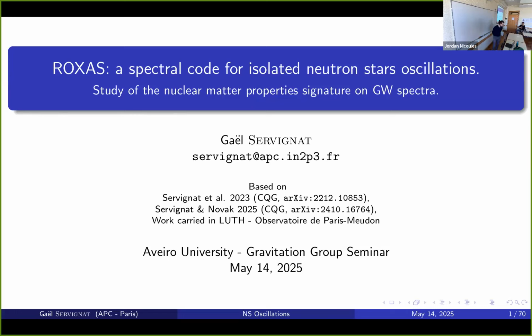Thank you for the introduction. Okay, so as Jean-Baptiste just mentioned, I'm going to tell you about this code that I've been developing during my PhD. There are a bunch of keywords in there, a lot of them about the technical stuff inside this code. So we'll try to guide you through this, why we chose to write the code this way, and what the purpose of the code is. Basically, the point will be to show you how I want to produce oscillation modes for isolated neutron stars, and also gravitational wave signals.